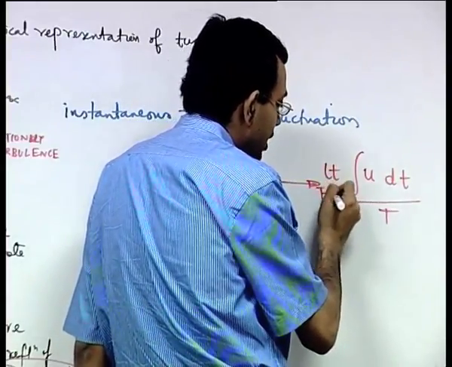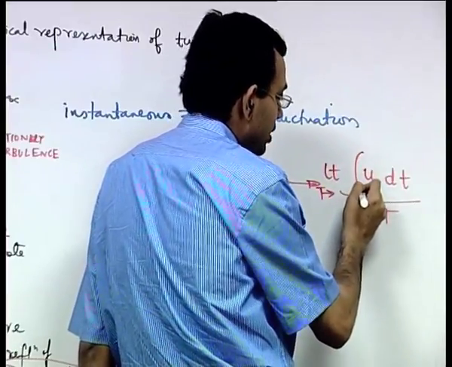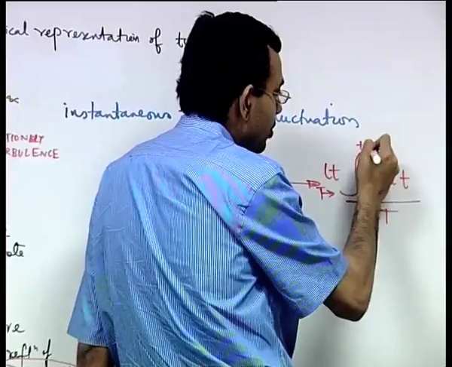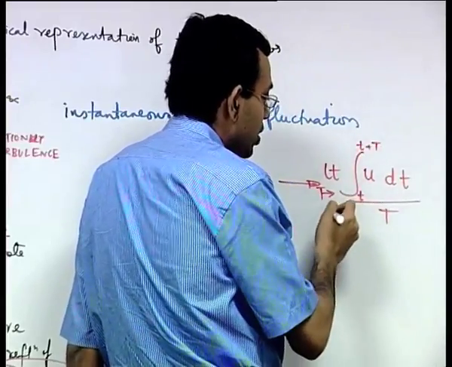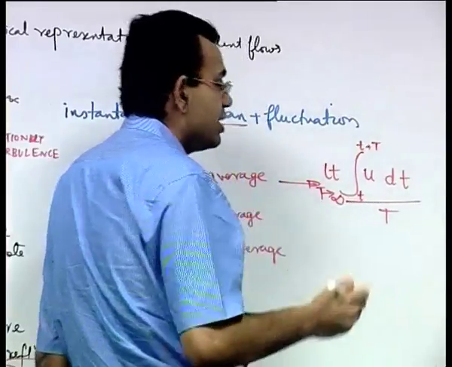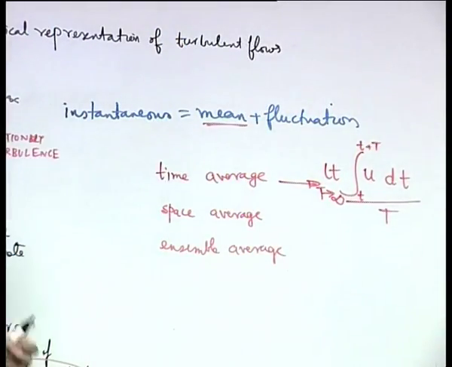as this time period T. So, maybe this is from t to small t plus capital T, we take a limit which technically we say capital T tends to infinity. This is just a representation, but what we physically mean by that.